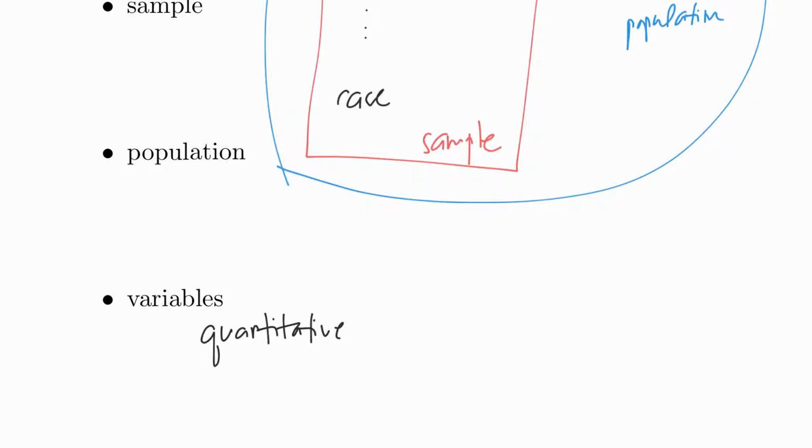These variables are going to be numeric in nature, so things like age, height, weight, test scores. These are all numbers, so these most naturally become quantitative variables. We also have